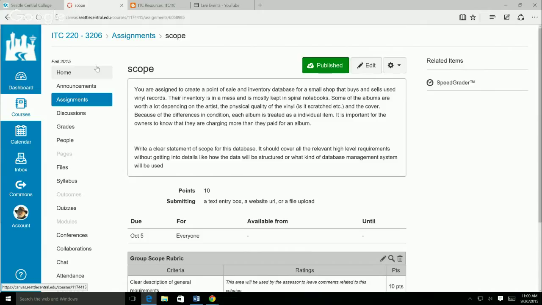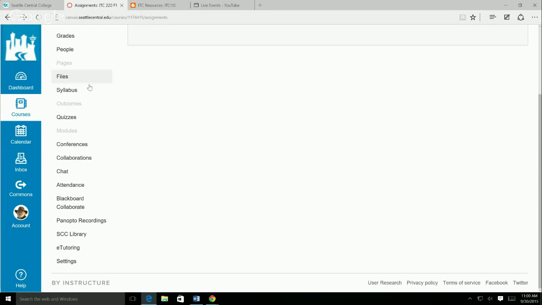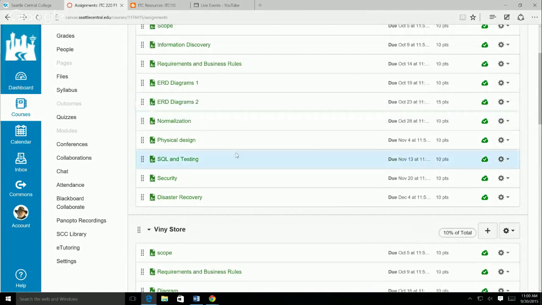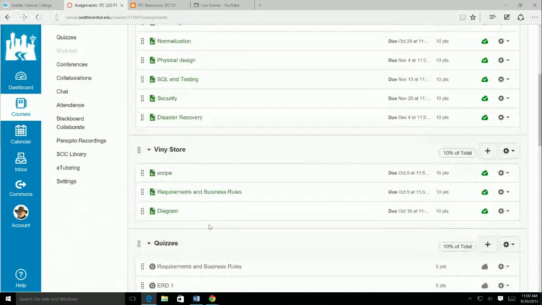A couple of things that I want you to do real quickly is send me either an email or an announcement or a discussion as to who's in your group, because I just did it by pointing. Just the names of the people in your group, and then you can start working on the scope, and I'll help you with that. Once you're done with the scope, and scope is enough to get started on today,